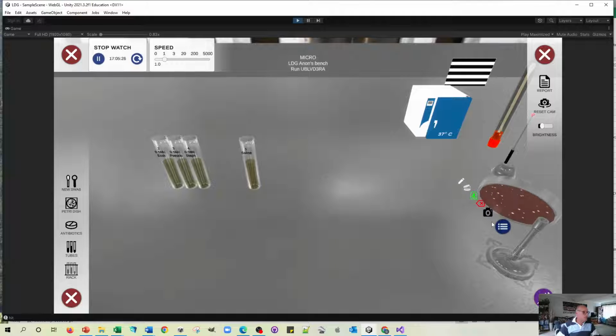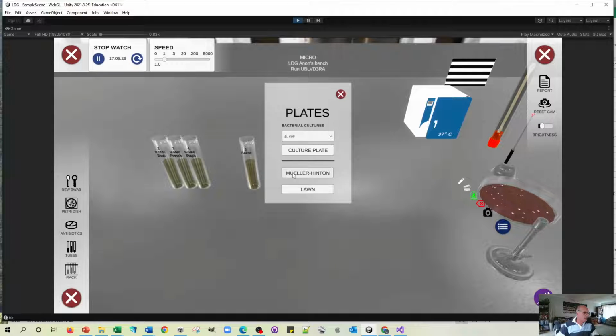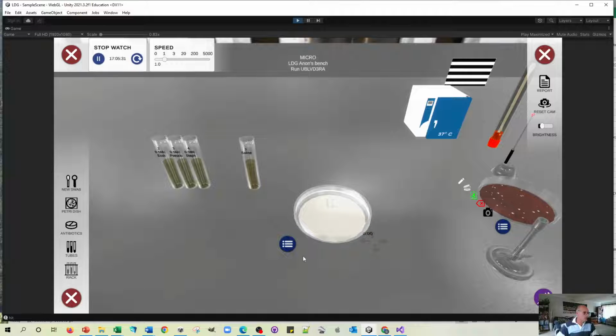Now, if we generate a nutrient plate, one of these Muller-Hinton plates, and open that up, and this time use a swab, put the swab inside the saline, this solution where we've got the bacteria resuspended, we can start streaking those bacteria on the plate. Just to show you that that is a real thing, I'll do what nearly all the students will end up doing, and that's making some sort of amusing shape. So if we draw a big smiley face on here,